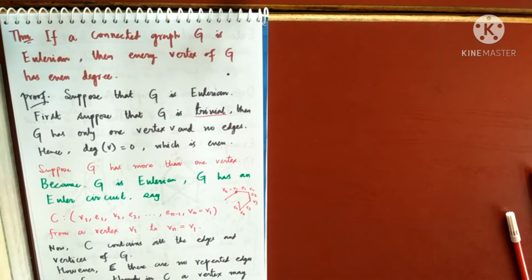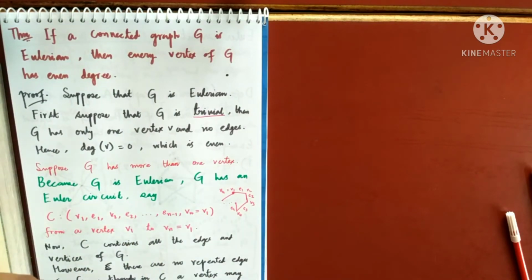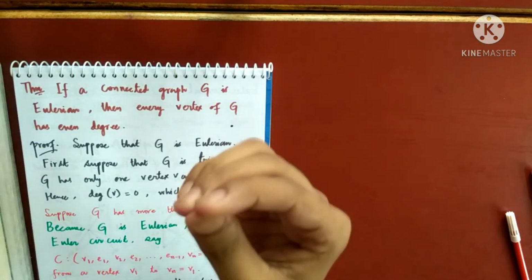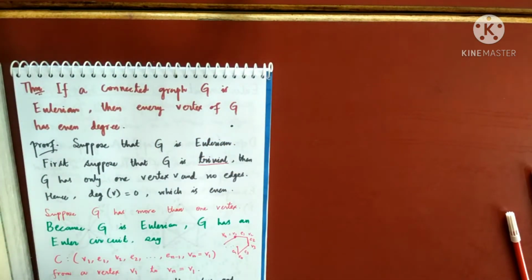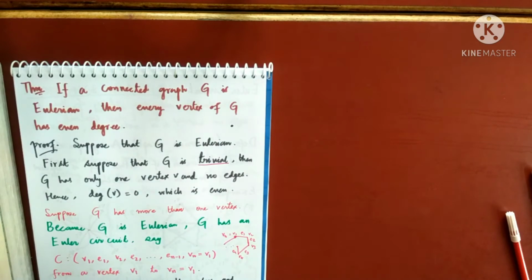So because the graph is a connected graph, U will definitely appear here, as simple as that, due to obvious reason. If I pick any vertex U, that is not an isolated vertex because the graph is connected. So that U will appear in this circuit. So let me write all those things.